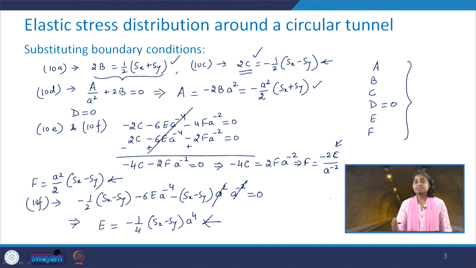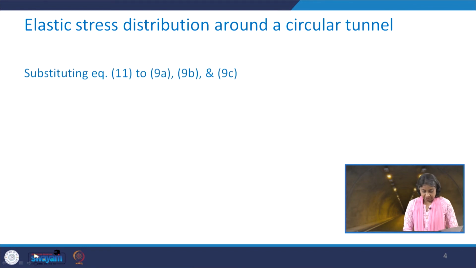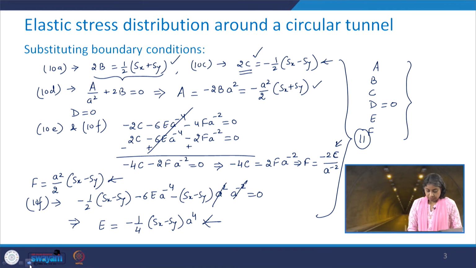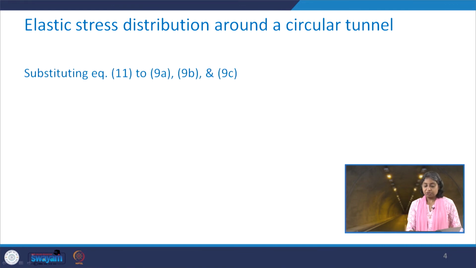Now, once I have the expression for all of these, I substitute it back and then try to get the expression for stresses. I will mark this complete set as equation number 11. If I substitute this equation number 11 into earlier equations 9a, 9b and 9c,